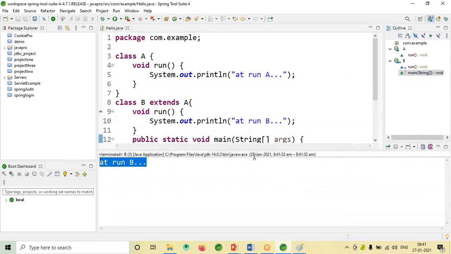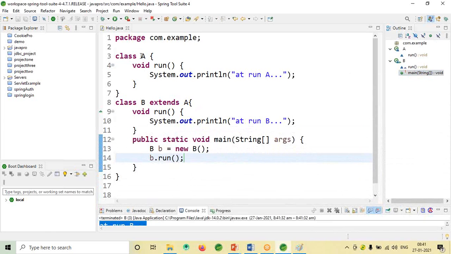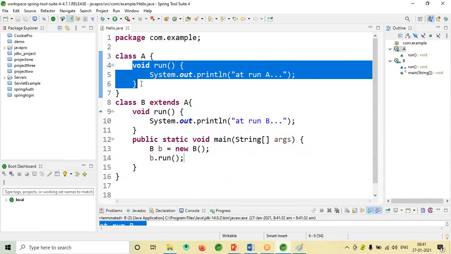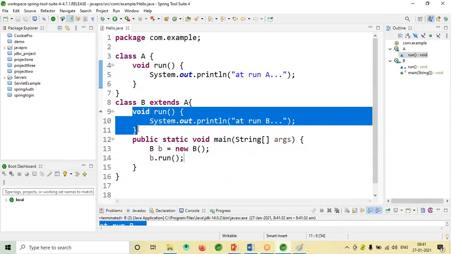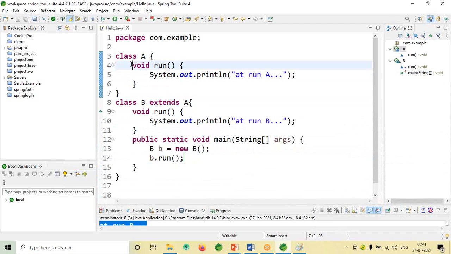What is happening is, in class A you have run, and in class B you also have run. So instead of printing class A's method,